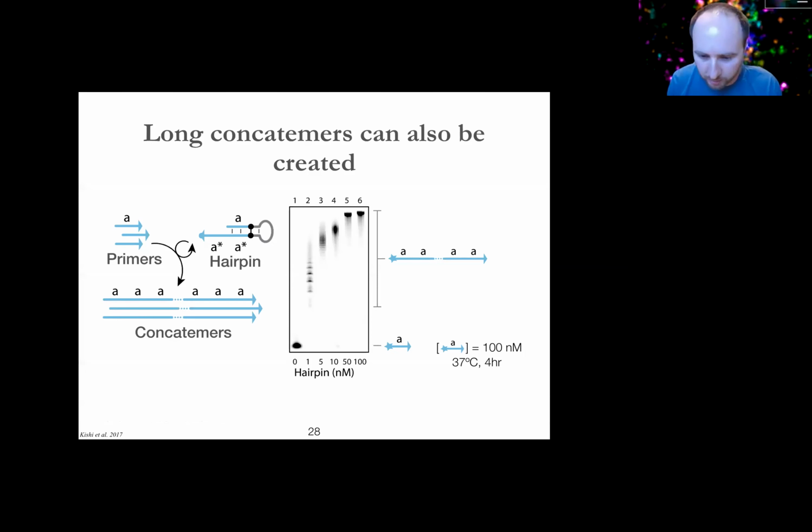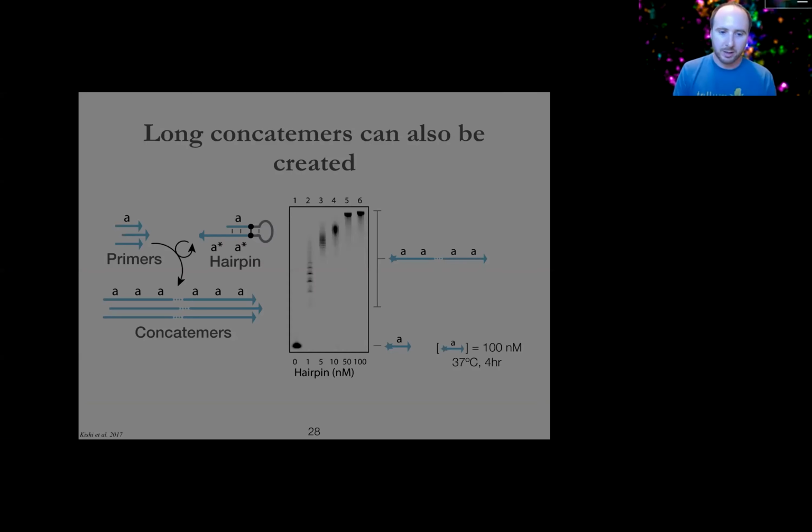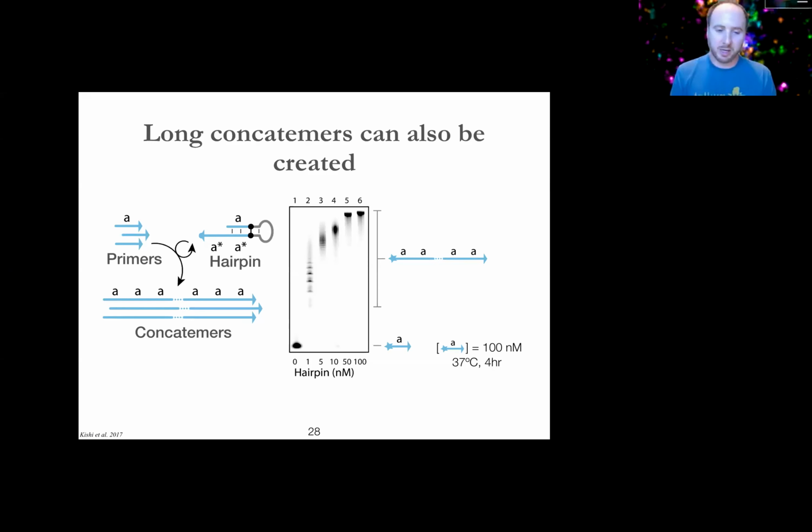Okay, great. But jumping ahead now to the cellular case, this becomes really powerful for us when you encode A star in the place of where B star was on the previous slide. So you basically copy the same sequence onto itself. What happens when you do this is that every time you make an extension, the molecule you've made is then capable of being extended again because it has the right sequence to bind the relevant part of the hairpin to allow it to be extended. So what this effectively does is concatemerize the molecule you're extending, making many, many copies of a short sequence that's repeated over and over and over again.